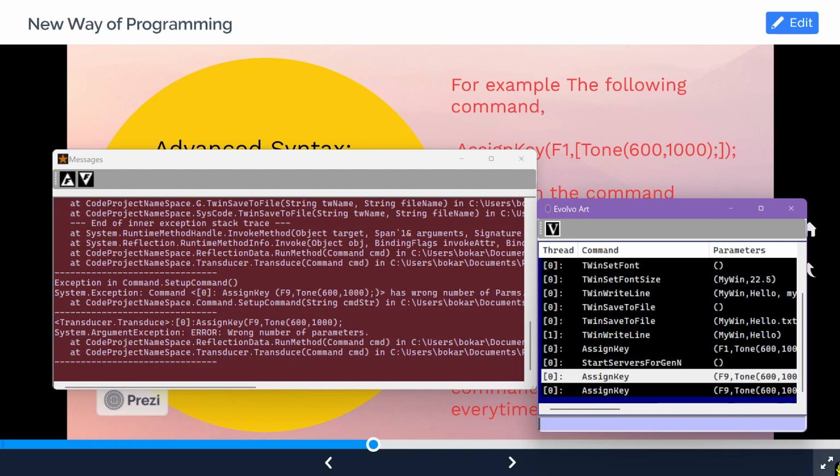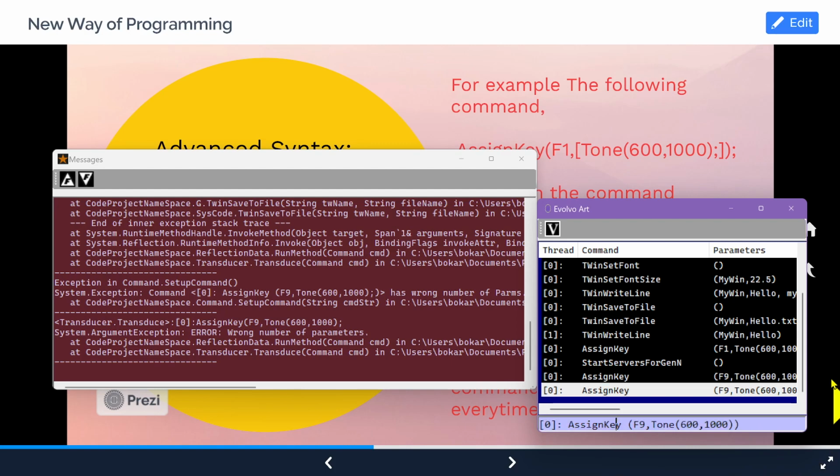And I'll run this now. Okay, so now it ran, and we can see that no additional messages came up in the message text. And so now if I press the F9 key, I'm going to press it now. And that's not working. I don't know quite why. Let me do this to F8. I'm not sure. Maybe a bug that I need to fix. Let me put all the semicolons in. I don't think that should make any difference, but